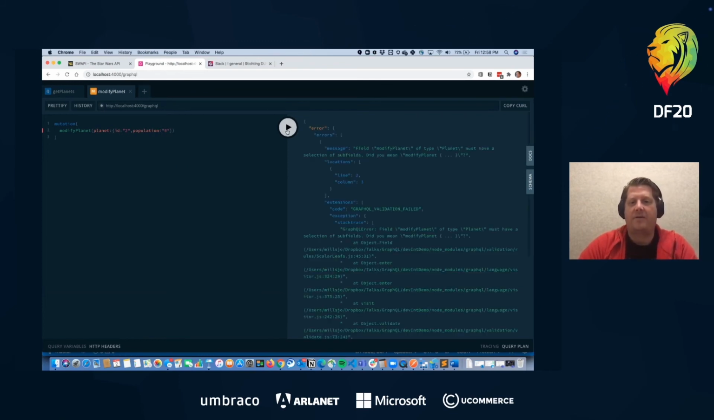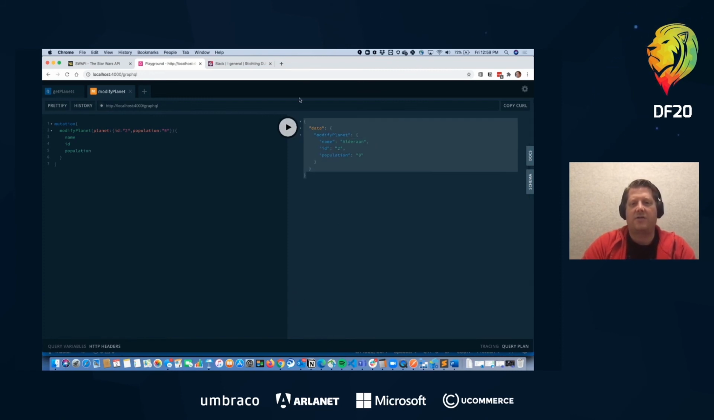And I'm going to run that. Oh, and then I'm going to return back, right? So the error I just got was, hey, you have to have a subfield selection. I forgot to, so we need the name of the planet, and let's get the ID of the planet, and let's get the population of the planet. Now let's run it. And now you see Alderaan had an unfortunate interaction,